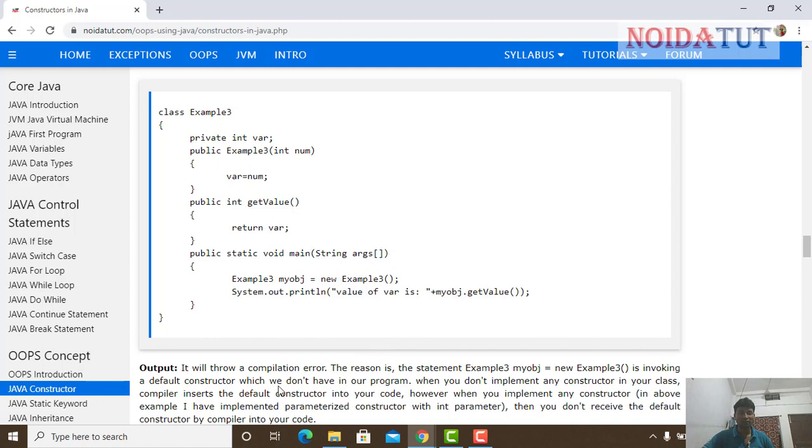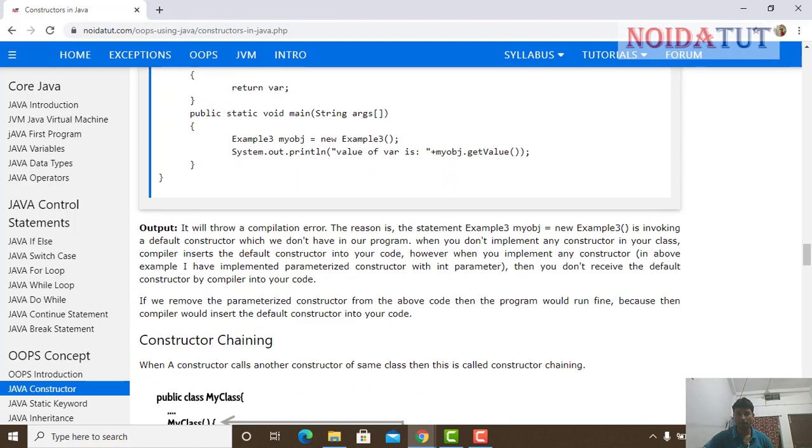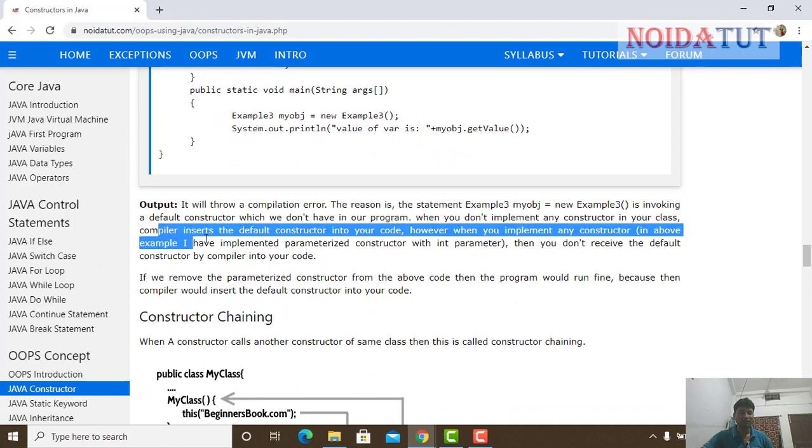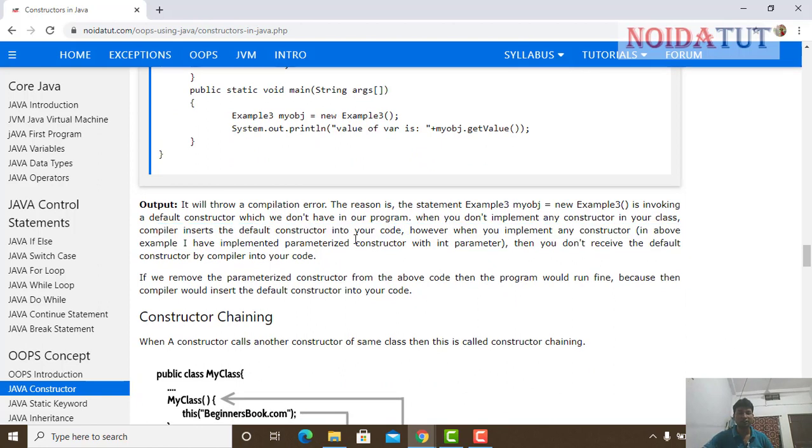Now a default constructor, which we do not have in our program: when you do not implement any constructor in your class, the compiler inserts a default constructor into your code. However, when you implement any constructor, as in Example 1, where I have implemented a parameterized constructor with an int parameter, then you do not receive the default constructor from the compiler, because you have already written your own set of code.